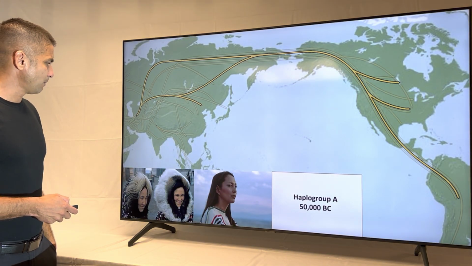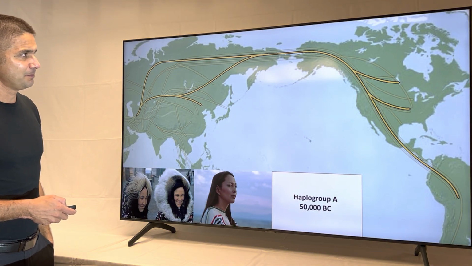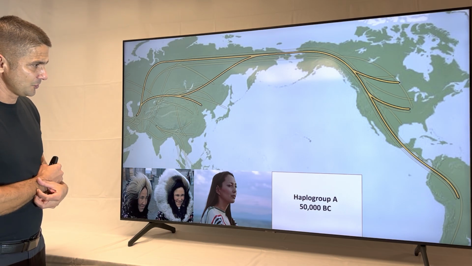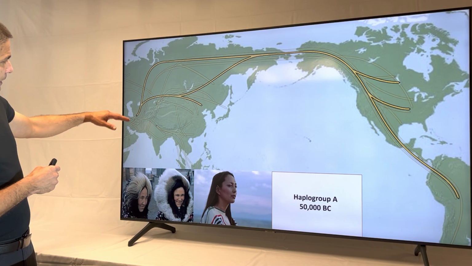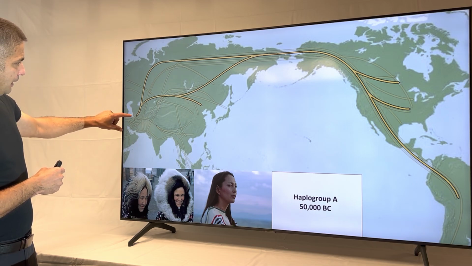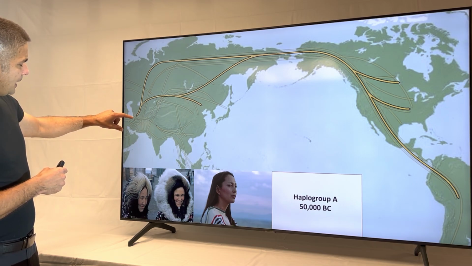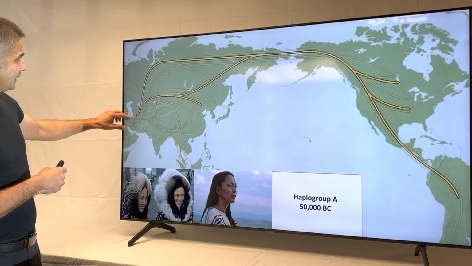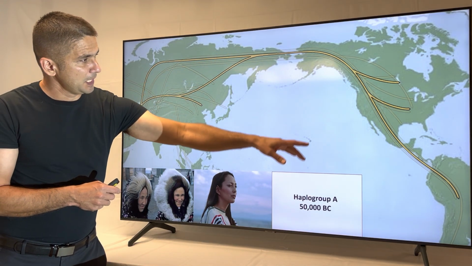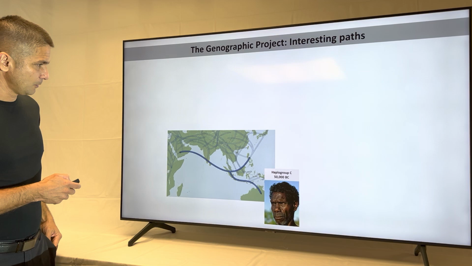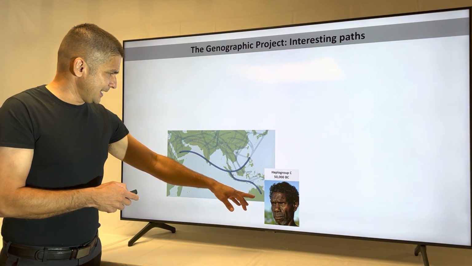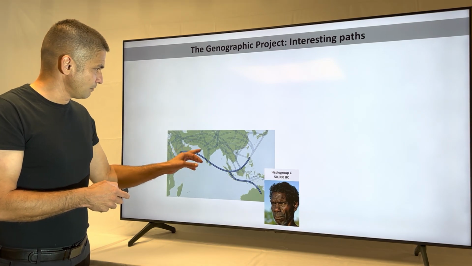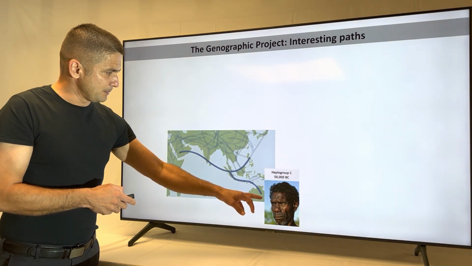Let me show you a couple other haplogroups that I find very interesting, again, on the patterns of migration. There is this haplogroup about 50,000 years old, again, originated in the upper part of the Indian Ocean, and it migrated all the way up to South America. This is the other haplogroup that I like very much. It used to live in Australia back in the day, and it's interesting to see the pathway of migration that led to the people that colonized